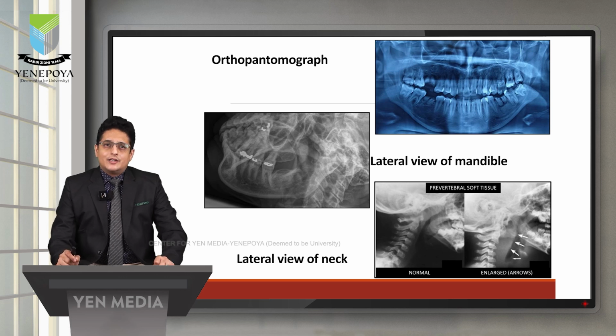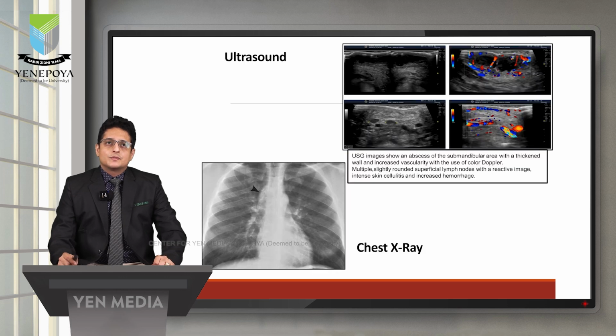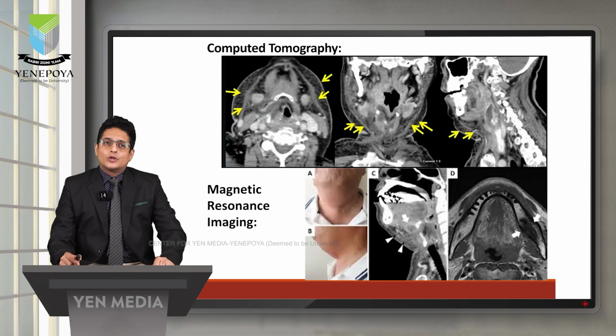Once that is identified, the lateral view of the mandible and lateral view of the neck are both taken just to assess the spread of infection, the severity of the spread of infection into the supporting surrounding tissues. Ultrasound, since it gives a soft tissue profile, will indicate the amount of spread of the lesion and the pathway of spread, as well as the amount of compression on the vital structures. The chest X-rays will give us a diagnosis of mediastinitis as well as pleural effusion. Computed tomography and magnetic resonance imaging are the gold standard for assessing the spread of the infection via the spaces as well as the compression of the vital structures.